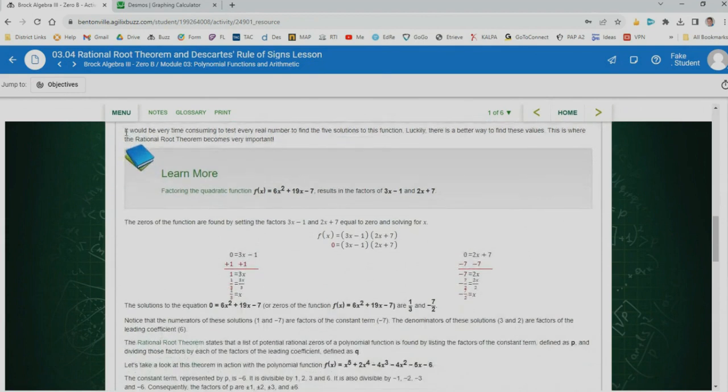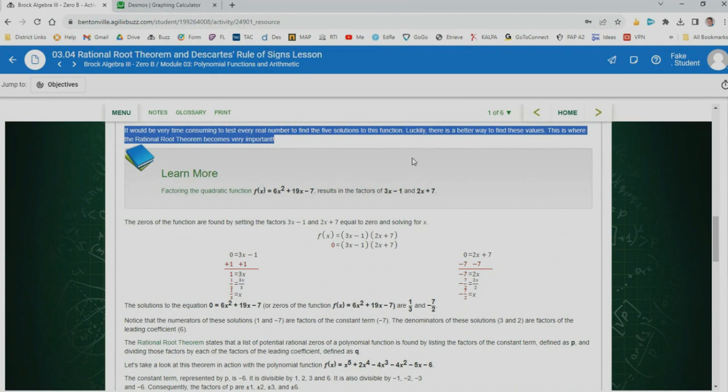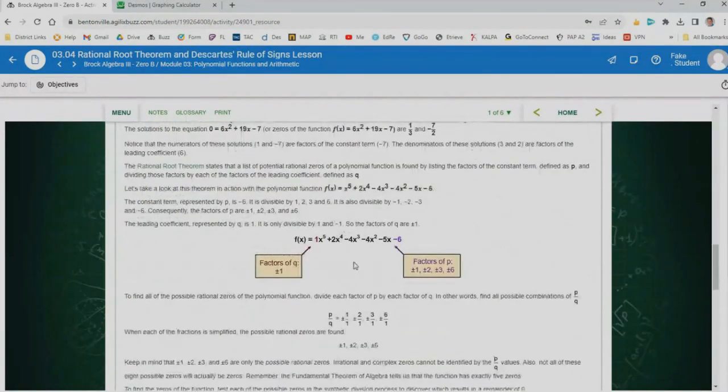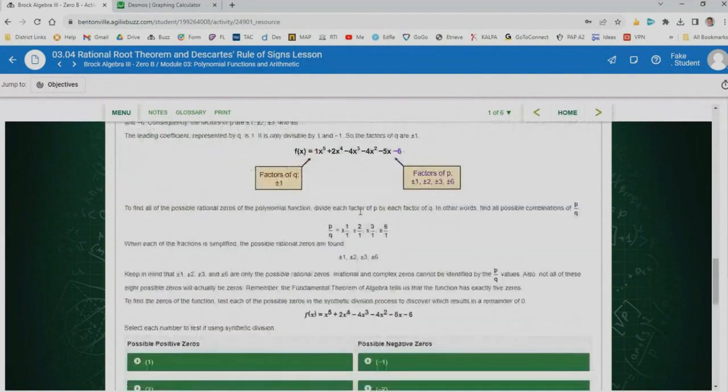Okay, so it would be very time consuming to test every real number to find the 5 solutions, right? We talked about that. There is a better way. So that's where we talk about, this goes through all the same things we went through, the P's over Q's. So if you need a refresher on what P and Q is, it took the coefficient of the largest term and took the